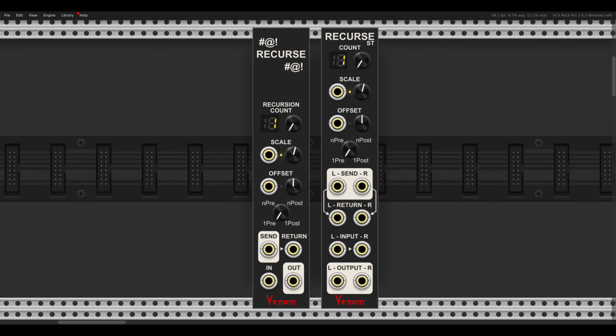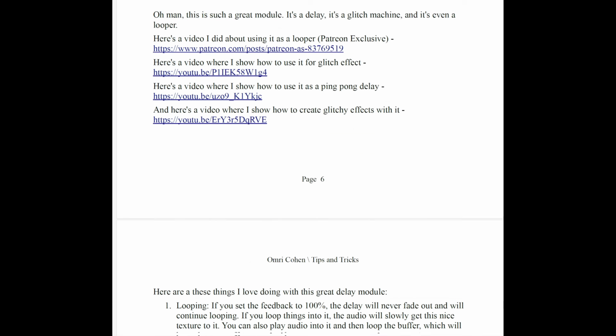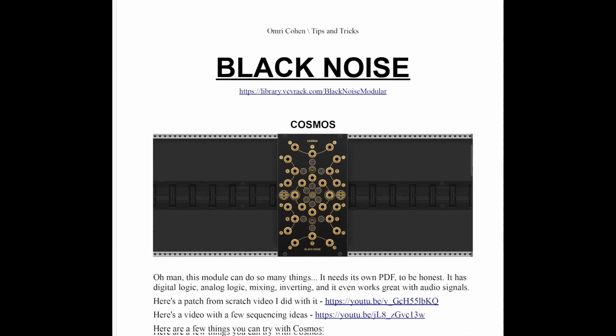So today we'll take a look at the Recurse modules from Venom and why you might want to start using them for sound design. I have a document that I keep on updating with all sorts of tips and tricks